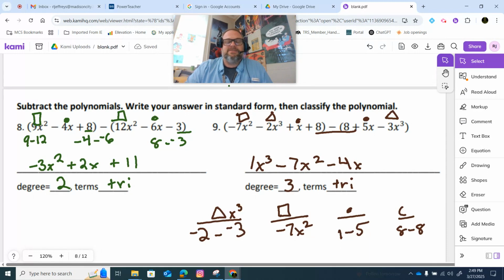Our class is actually going to do your turn. They're going to try to work on this to see if they can actually apply what they have learned instead